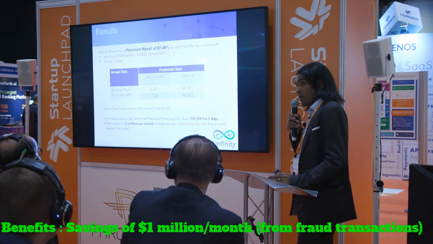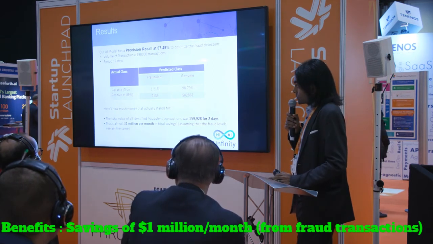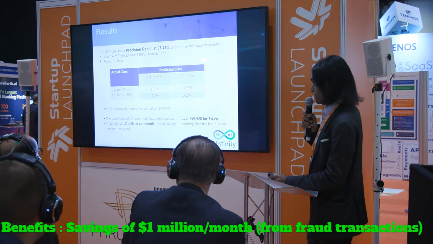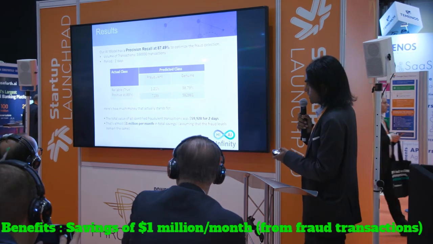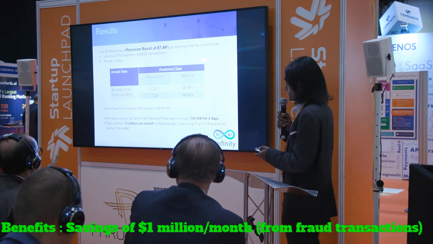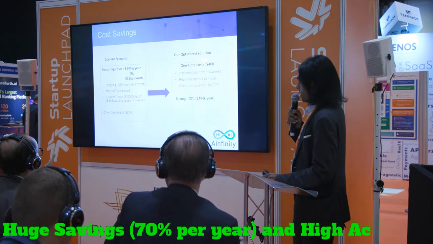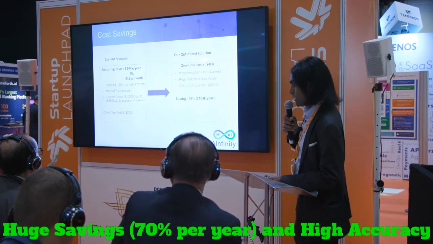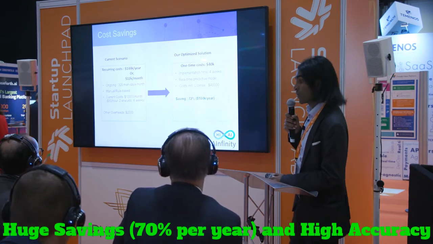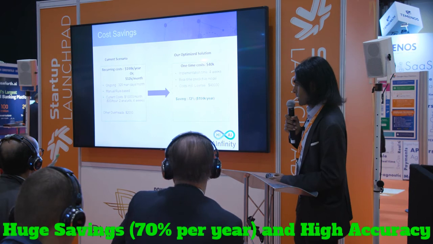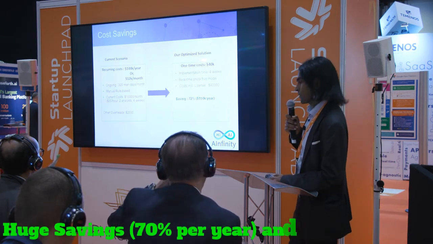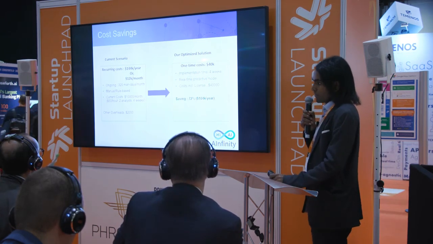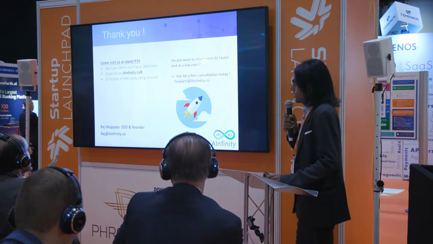So our model can help the customer deploy this AI solution quickly, so that they can see a very tangible, real value benefit, which is substantial: $1 million savings from identifying the fraudulent transactions. And this is another example. The customer was spending around $140,000 per year on a recurring basis, and we could do that in 4 weeks, at a significantly lower cost of $40,000. As you can see, the benefit is savings of 72%. This is a really good example of what we have done with our advanced AI solution.